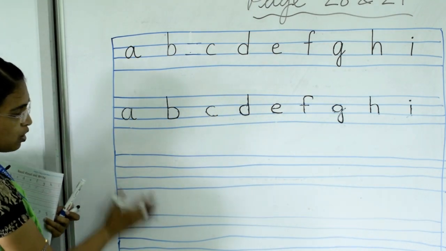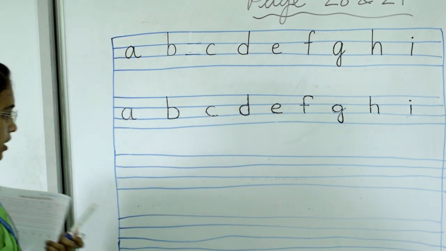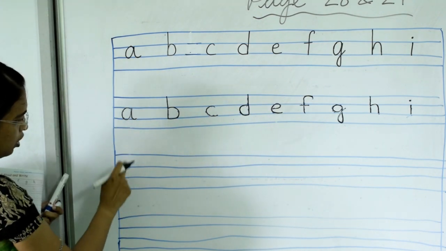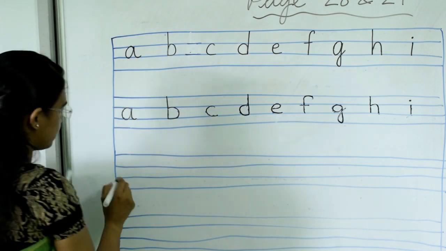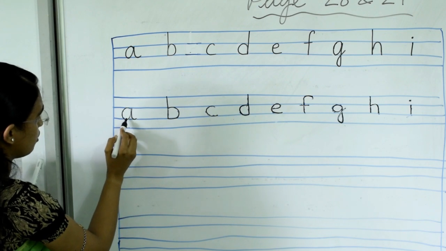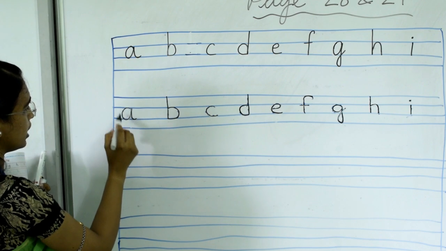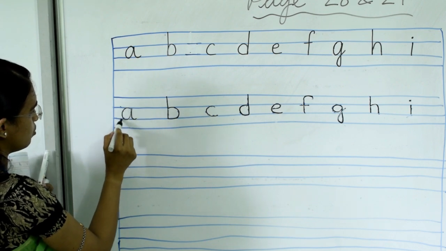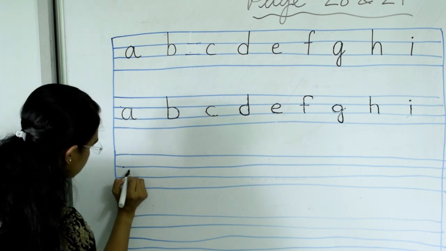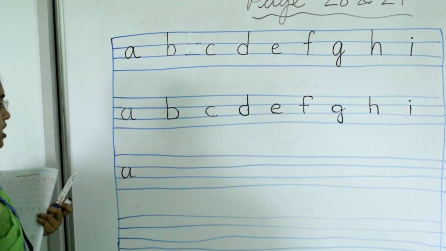Now in this two box, what we have to do? We have to write it by ourselves. Okay. So when you are writing small letter ABCD, always maintain this line. Okay. Don't write over the line. Look where in which line I have used for A, this two line, this two middle line. Okay, so you have to write within this two line. So, like this. This is A.